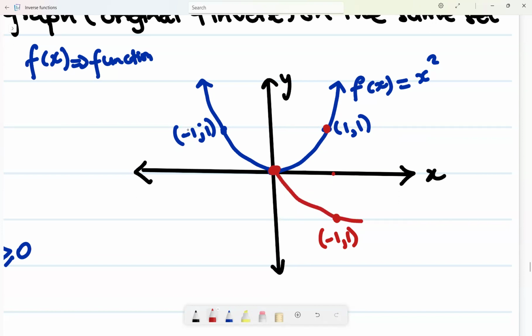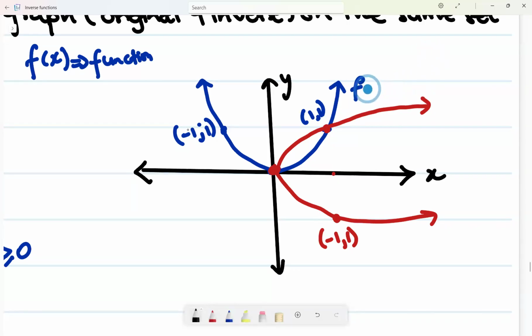I'm going to follow the same parabolic shape, but now in that direction, like that. How interesting is that? Remember, this point is just a common point, (1, 1). How interesting is that? Very interesting, isn't it? So now where is my line y = x going to sit? Remember, it sits exactly